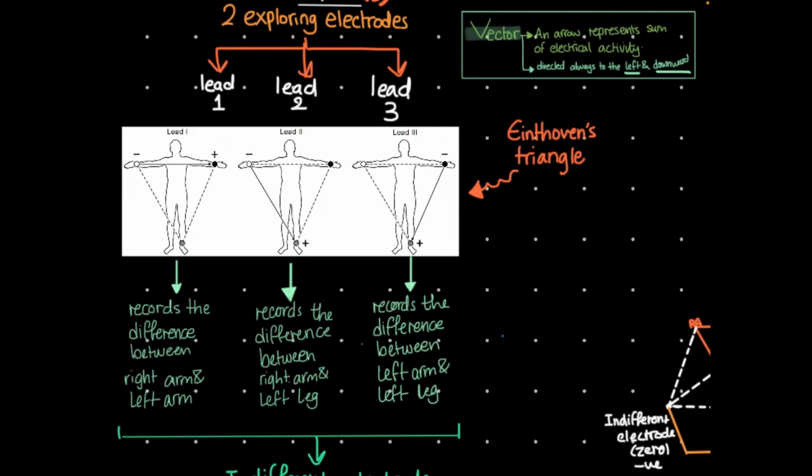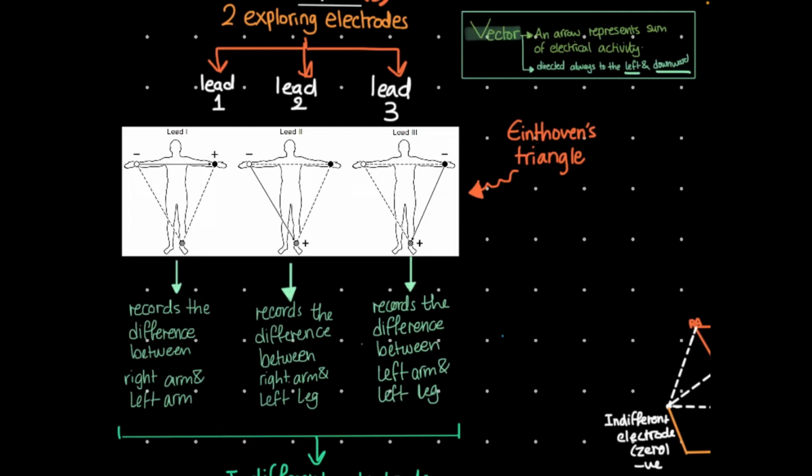Okay, bipolar consists of three leads, lead number 1, 2 and 3. In this picture, we can see a kind of equilateral triangle. And what is this triangle? This triangle represents something we call Einthoven's triangle. What is Einthoven's triangle? It is an imaginary formation of three limb leads in a triangle that are used in